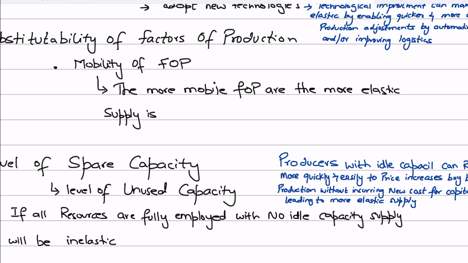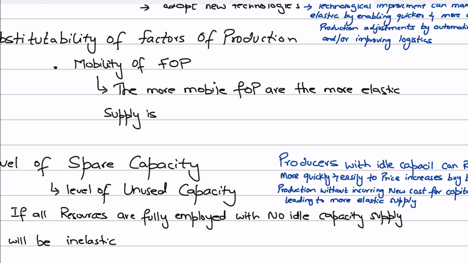Now you could also give the example of a farm worker. If I have a land and a farm worker, I can quickly move the farm worker from cultivating, let's say, apples to cultivating oranges. So in this case, the farm worker is highly mobile, right? And if I want to ramp up the production of oranges, then I can ask him to work on the oranges field rather than the apples field. So again, you can easily move the farm worker from apples to oranges, and that would make your factors of production easily substitutable in this particular context.